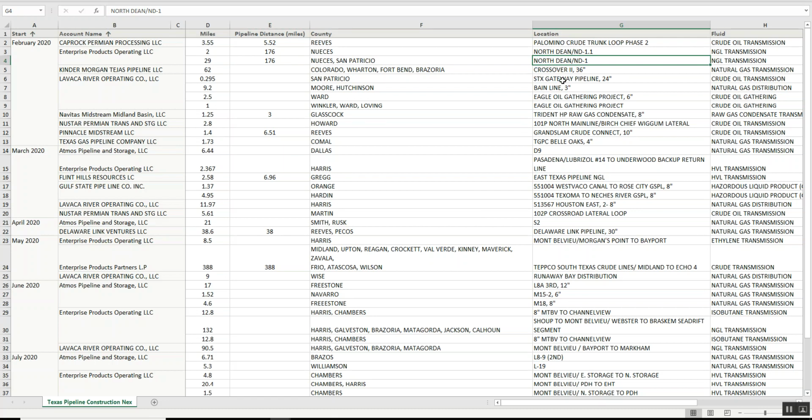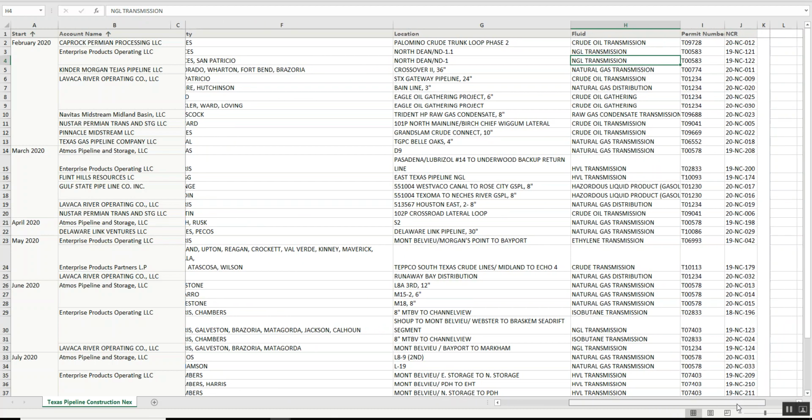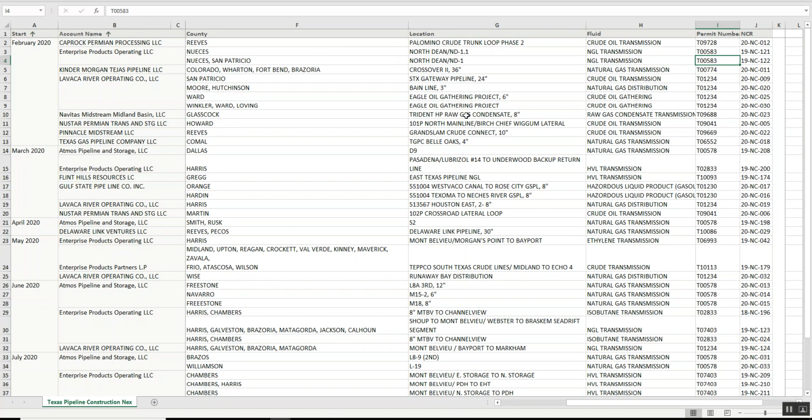North Dean is essentially the name of the pipeline. North and South Dean, what type of pipeline it is from a transmission perspective. And then we've got the permit number. The permit number can come in handy if you want to go in and find out some more data, so